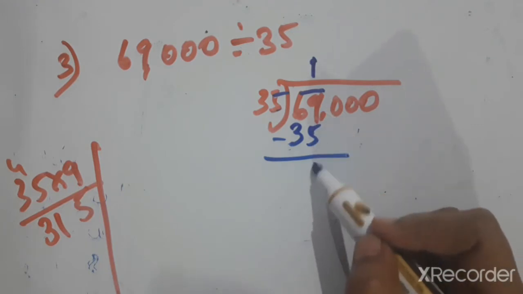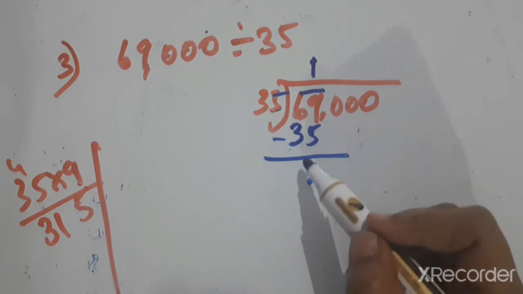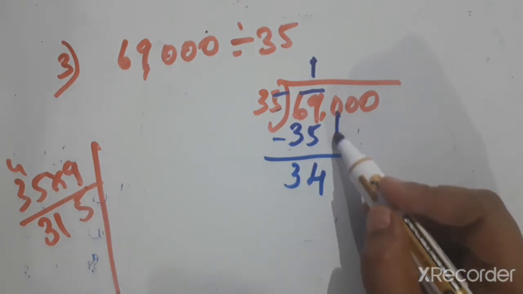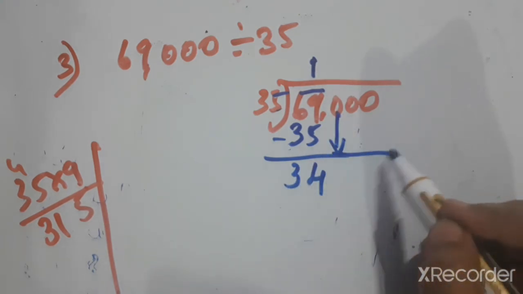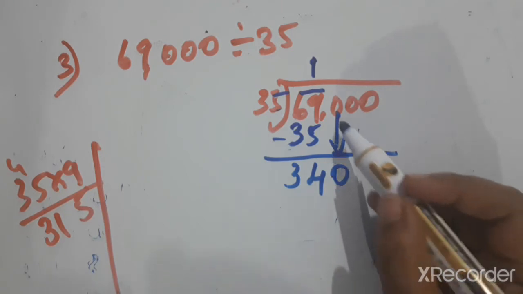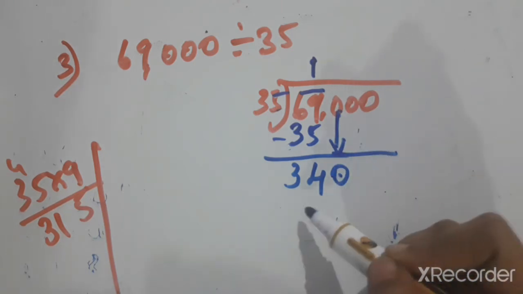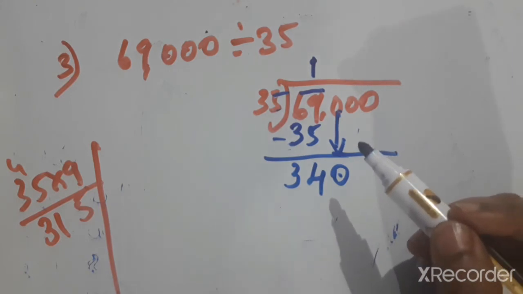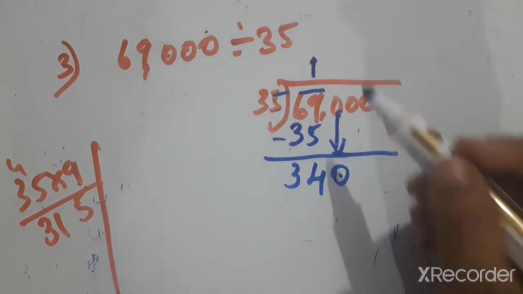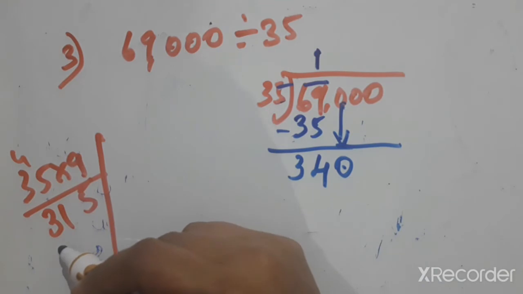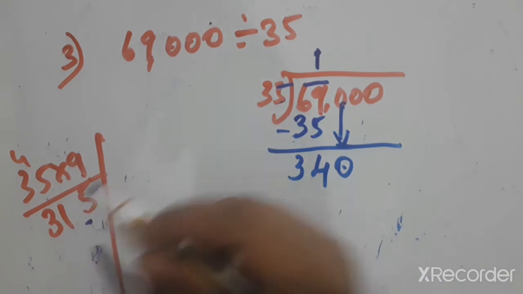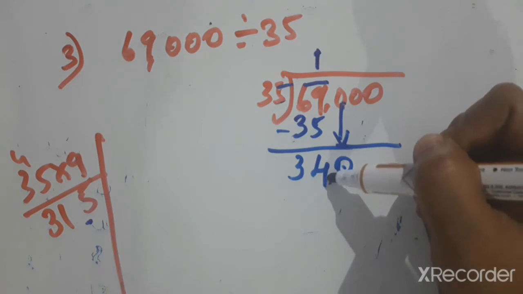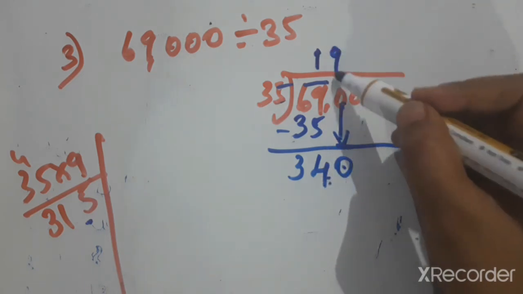Now 9 minus 5 is 4 and 6 minus 3 is 3, so 34. And bring down 1 zero, only one number, okay, one number we have to get down. Now 340. 35 tens are 350. We know that 35 tens are 350. So the nearer is 35 nines, which is 315. So that is the nearer one. 350 is greater than 340, so we can't take tens. 35 nines